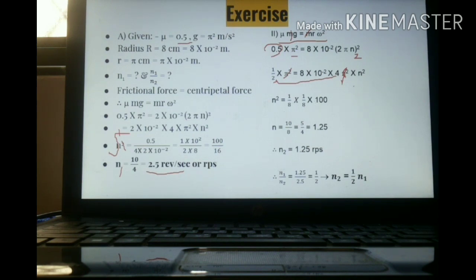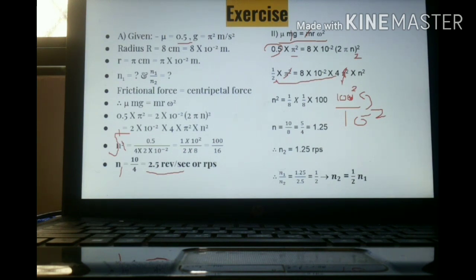This is 10 raised to minus 2. Try to understand. This 10 raised to minus 2 is coming over here. ये 10 raised to minus 2 कहाँ पे आ रहा है? नीचे आ रहा है. This 10 raised to minus 2 is coming in the denominator. So we can take this term in the numerator. After it goes to the numerator, what will it become? 10 raised to plus 2. Sorry, 10 raised to plus 2 we can write 10 raised to 2. So 10 raised to 2 can be written as 100.